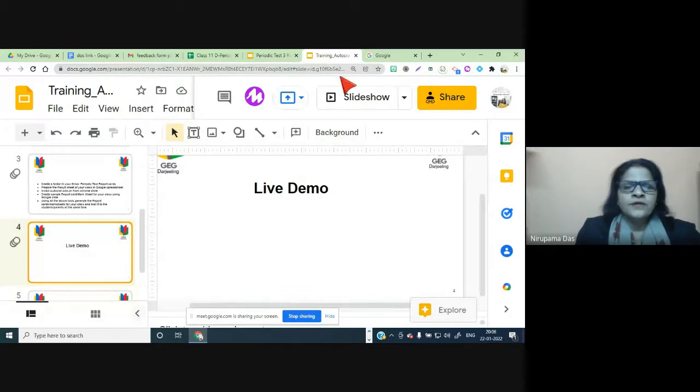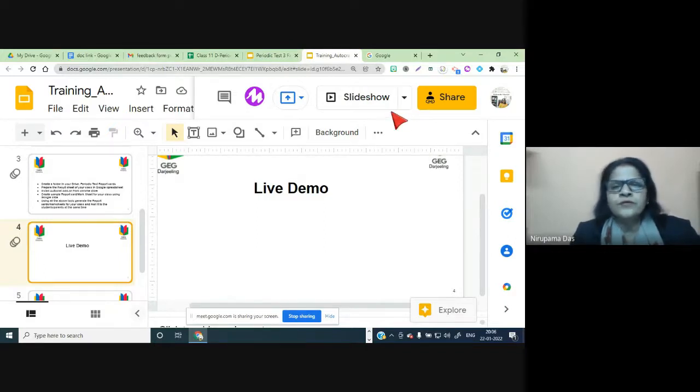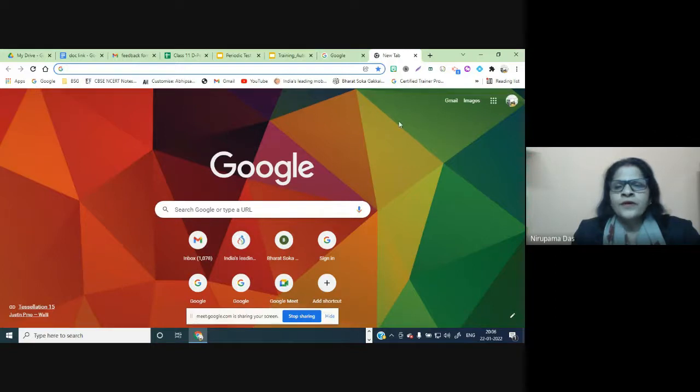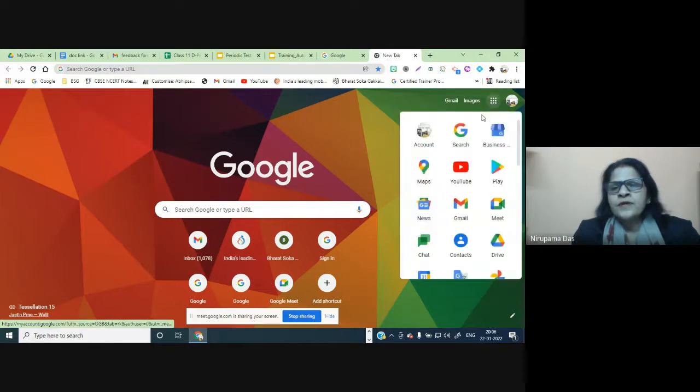So to start with, the result sheet I have already prepared. Just how to basically go to this: you have to log in to your Google account, or Gmail account. You can see the 9 dots, and you can see all the Google apps here.